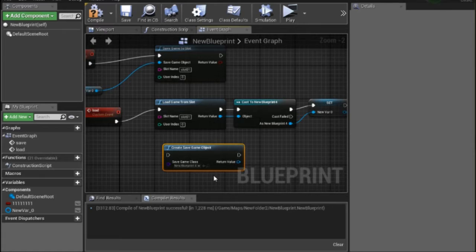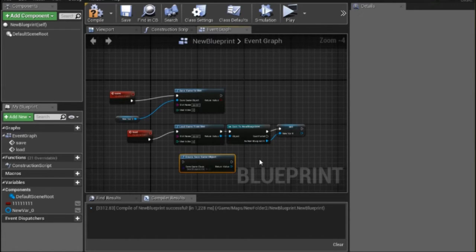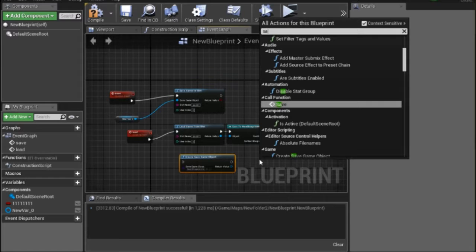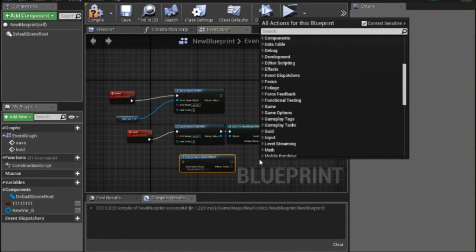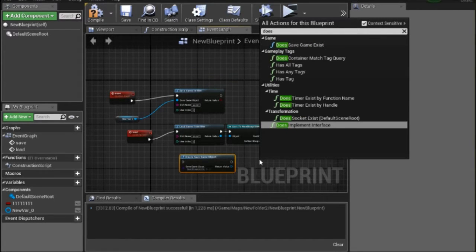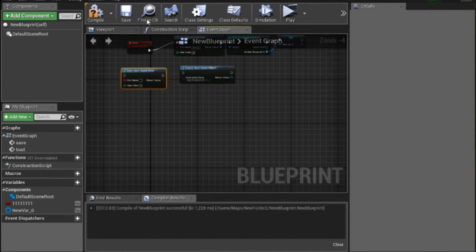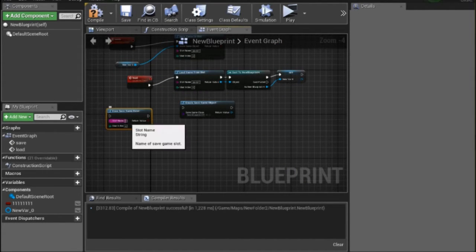That's the first thing you want to do, is create the save game object. You can also, how is this function called? Does save game exist? So you can choose here the save slot, and